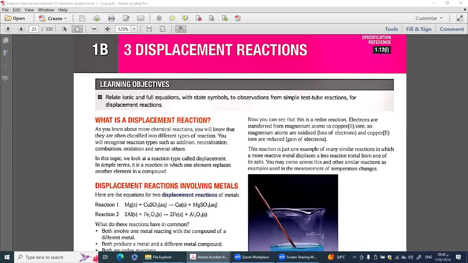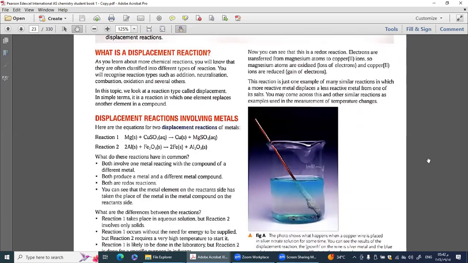Displacement reaction. In displacement reaction, we have single displacement and double displacement. What is the difference between single and double displacement? In single displacement, it depends on the reactivity series. The most reactive metal displaces the less reactive metal. But in double displacement, it doesn't depend on the reactivity. For example,